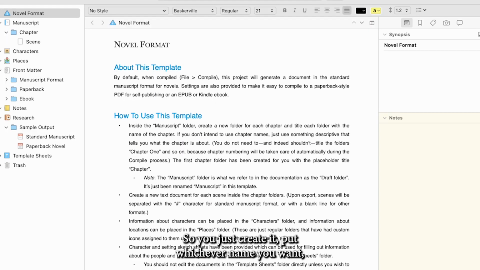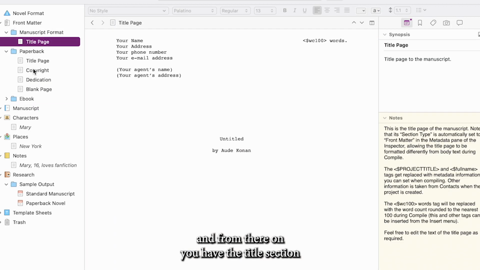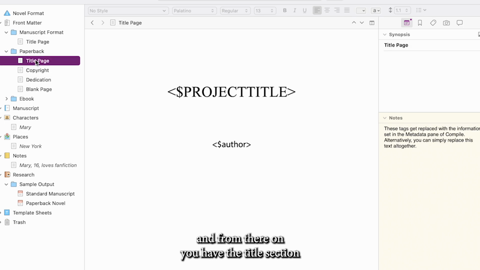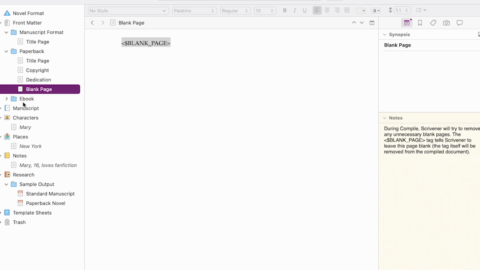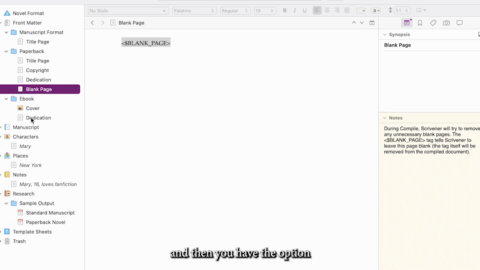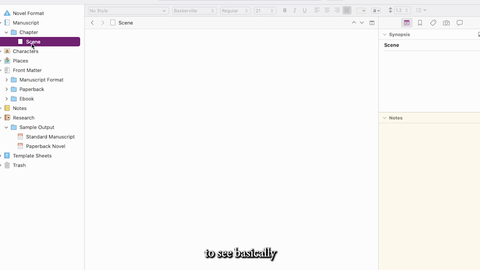So you just create it, put whichever name you want. And from there on, you have the title section where you can change the title, add your name, add your agent's name. And then you have the option to see basically the chapters and also your different pages there,